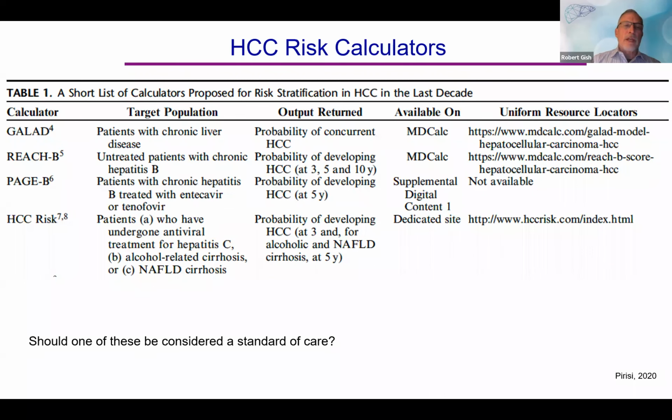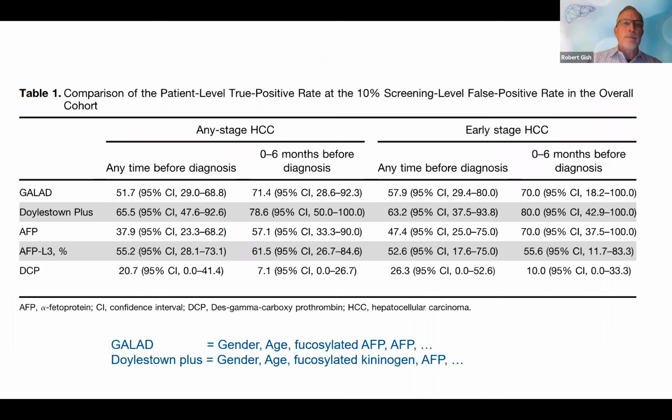The HCC risk score, like GALAD score, has been looked at in a variety of different settings, including hepatitis C, alcohol-related cirrhosis, and metabolic-associated fatty liver disease. This is looking at patient-level true positive rate at a 10% screening level, as well as false positive rates. The GALAD score does extremely well in this setting, including 0 to 6 months before diagnosis for early stage HCC. GALAD score looks similar to the Doylestown Plus, with Doylestown Plus being slightly better in a number of these intervals,